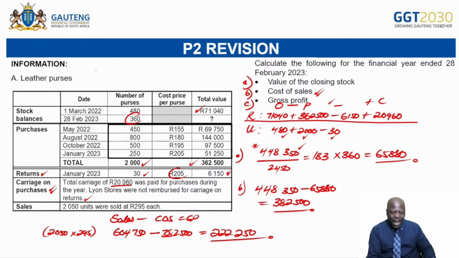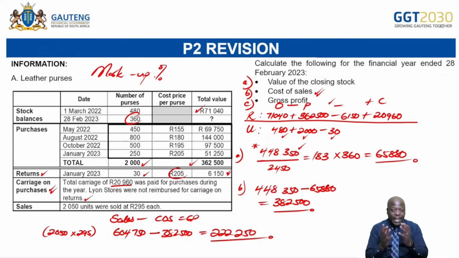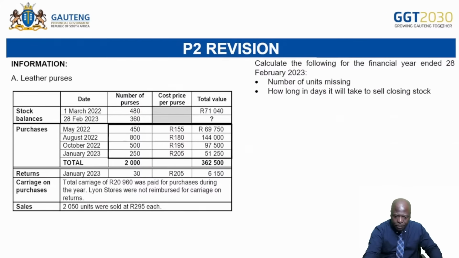A time the examiner can ask you to calculate the markup percentage. What was the markup percentage that the business achieved? So you need to be able to do certain calculations like that as well. Okay, so this was one part of the calculations that we did. We remember we're coming from the first in, first out. We're on the weighted average. This is just a reminder of what we've been doing throughout the year. Let's see if we have more questions that we can answer.